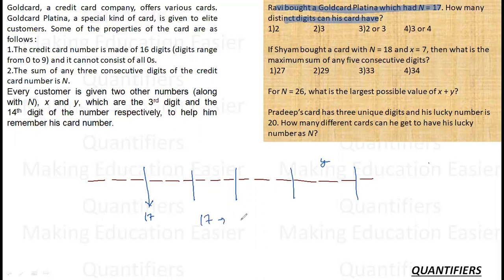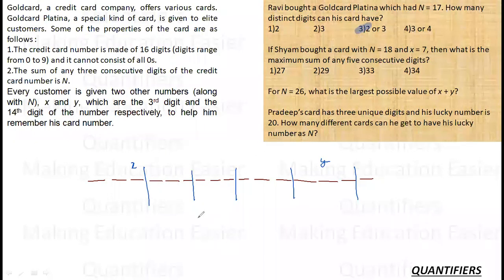Can I write, let's say, 17 as 8, 8 and 1, will that work? 1, 8, 8, 1, 8, 8 and so on. Yes, it can work. So it can very possibly work. I cannot keep all 3 equal because the number is not divisible by 3. So the maximum I can keep is 3 distinct, otherwise 2 distinct. So the answer for the first question is either 2 or 3. Very straightforward.